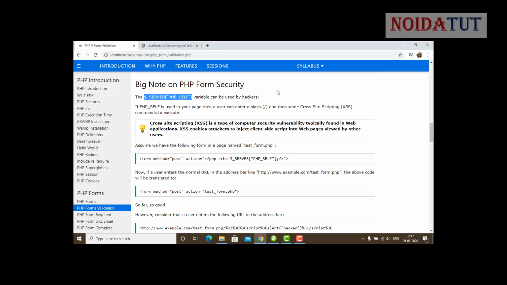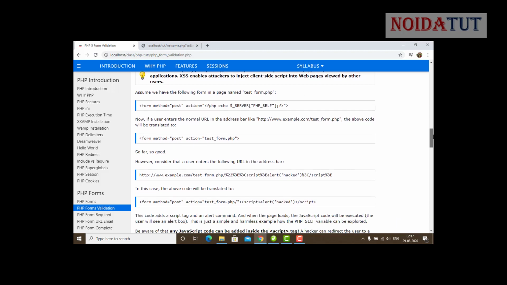Now assume we have the following form in a page named test_form.php. We are going to create test_form.php, and in it there is a form using the post method, and the action will be directed to the same web page.